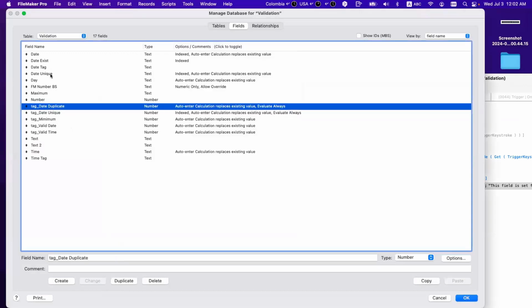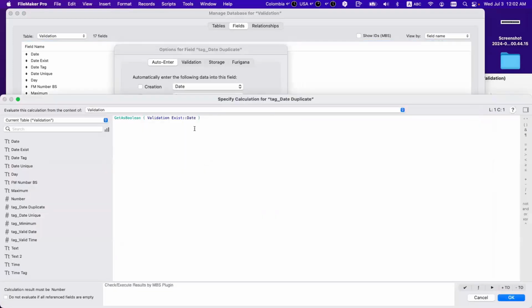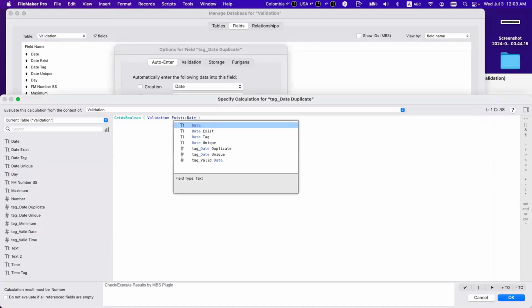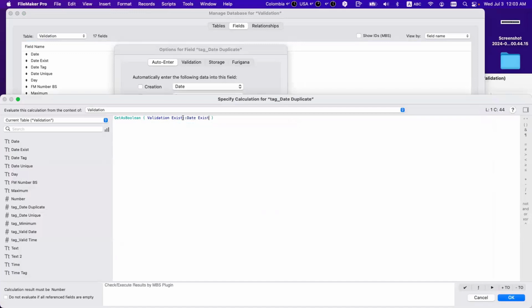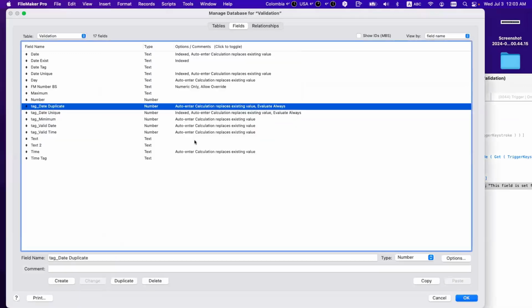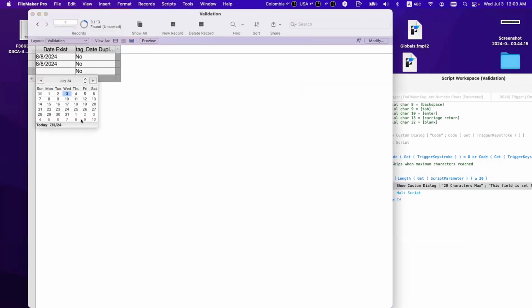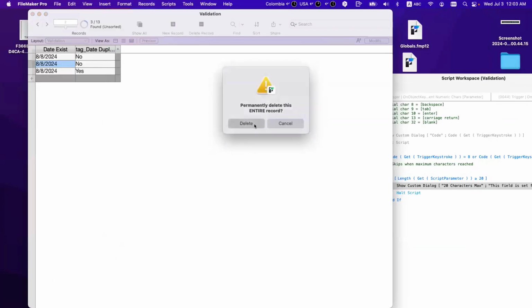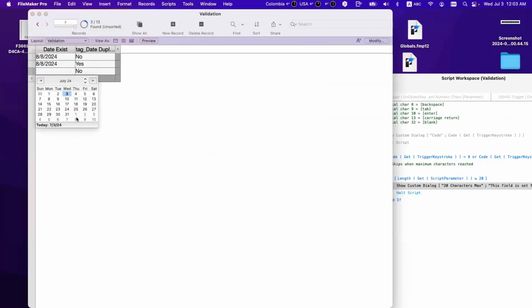I have so many calculations here, tag, unique. I change it. It's date exists. Validation exists, date exists, okay. Let's delete this. So now everything that you add with the same dates, it tags as duplicates.